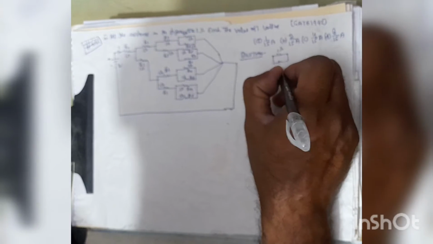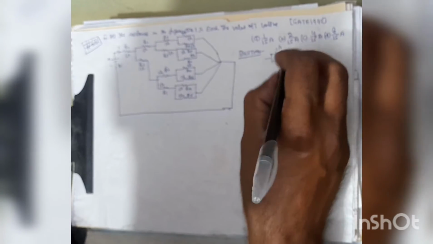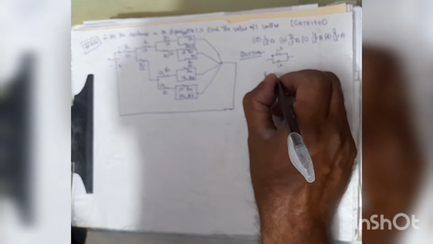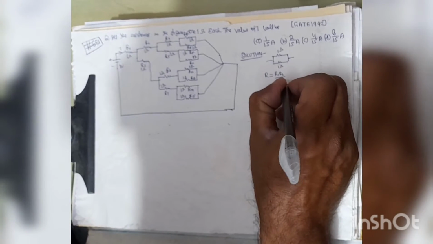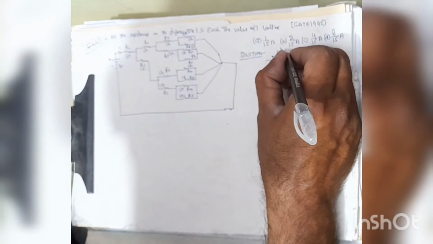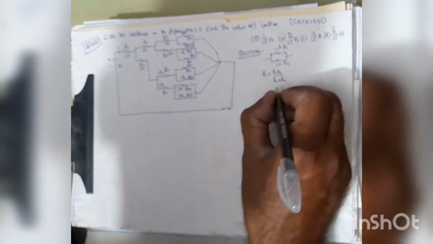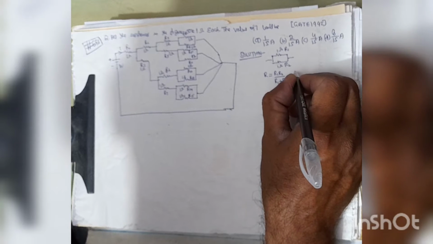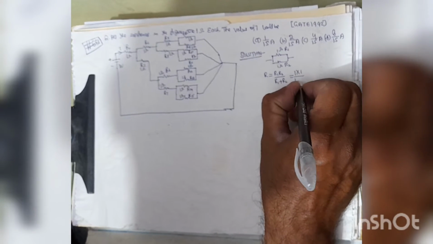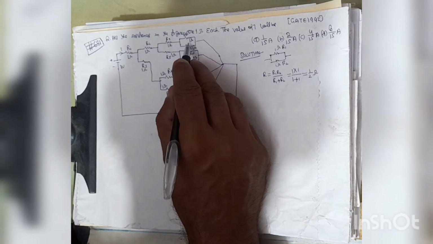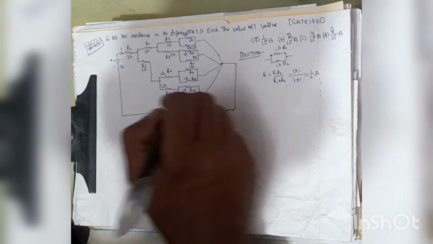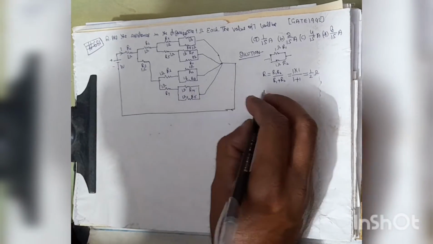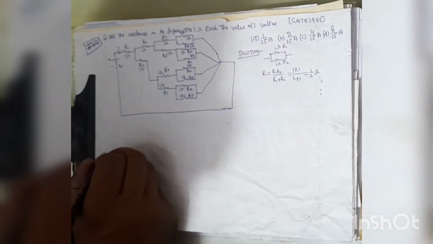When two 1 ohm resistances are in parallel, the equivalent resistance R we will find using the formula R1 R2 divided by R1 plus R2, because if two resistances R1 and R2 are in parallel, then the equivalent resistance is given by this. So it will be 1 multiplied by 1 divided by 1 plus 1, which is 1 upon 2 ohm. So in place of the parallel combinations of R8 and R9, R10 and R11, R12 and R13, R14 and R15, each will be equal to half ohm resistance. So we can redraw the given figure as this.